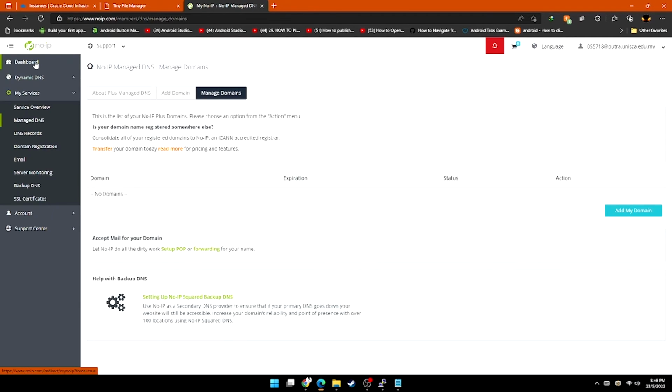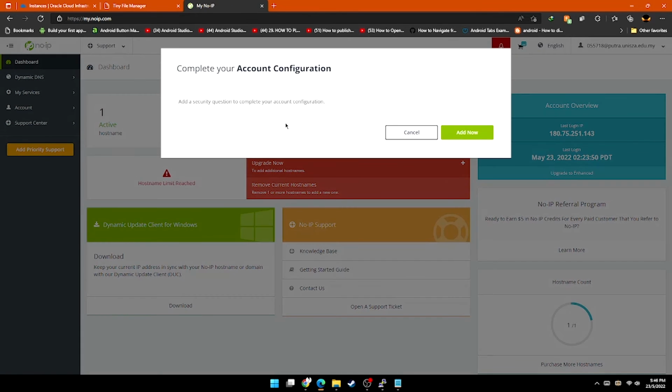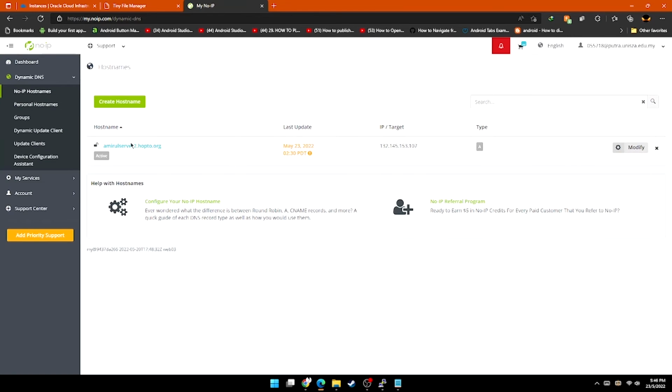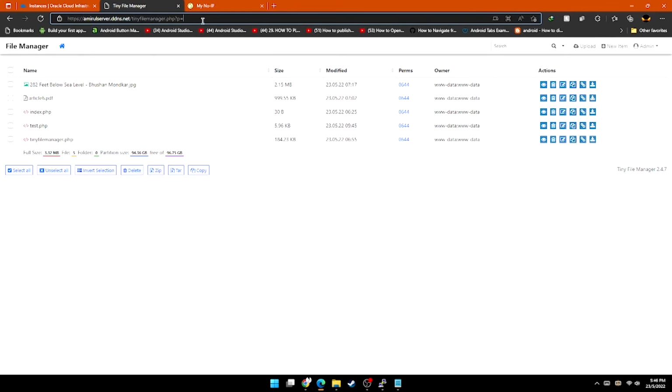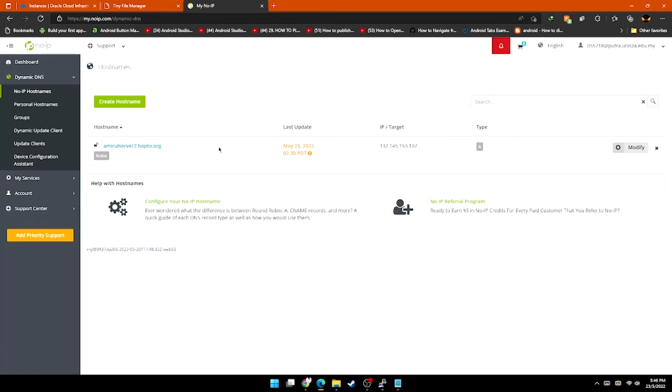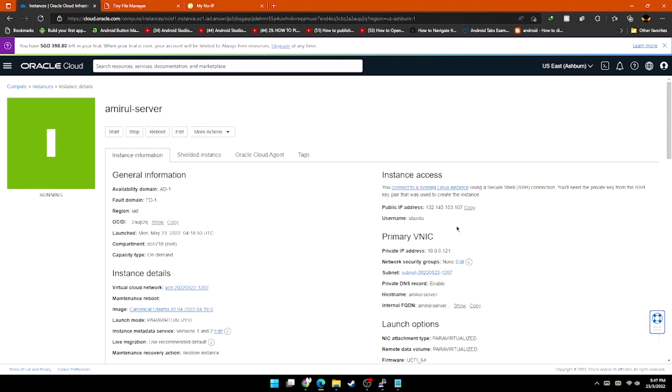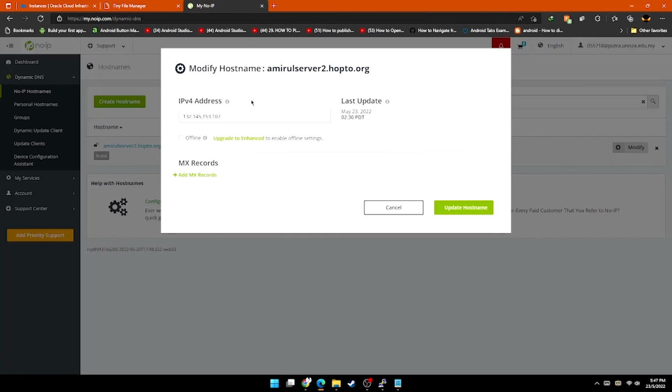So in here we will create a new domain, name server 2. This one is server .ddns, this one is .opto, and we modify it and put the public IP from the same server in here. So update the hostname,